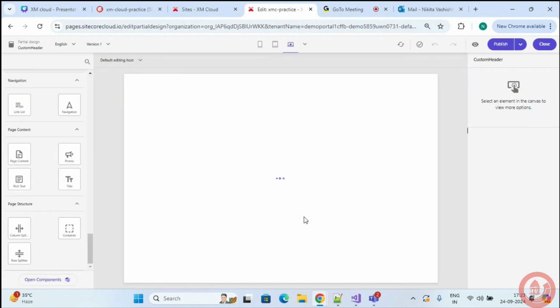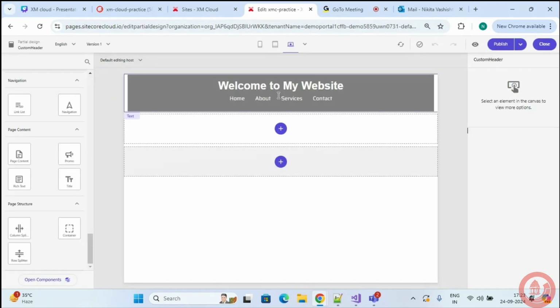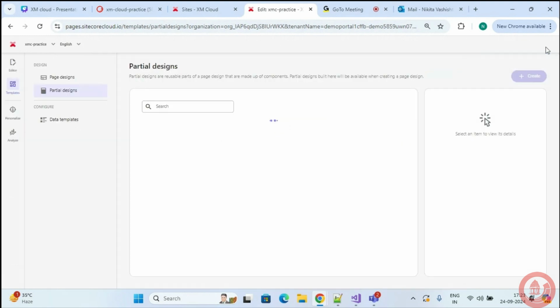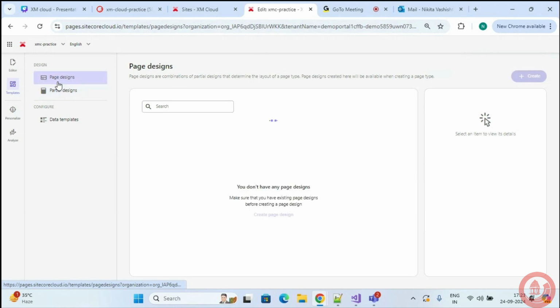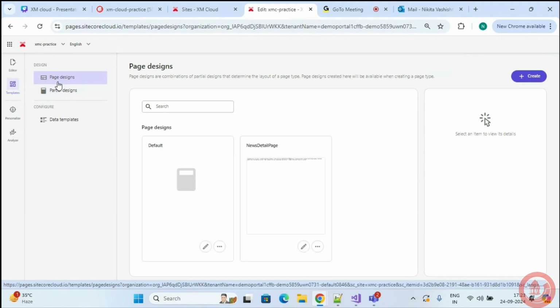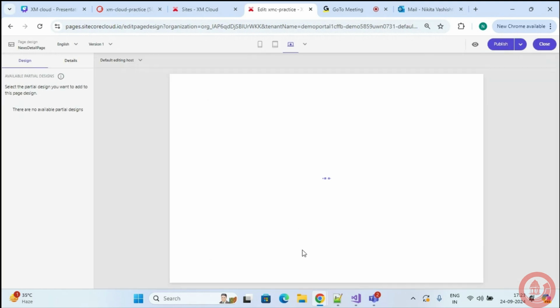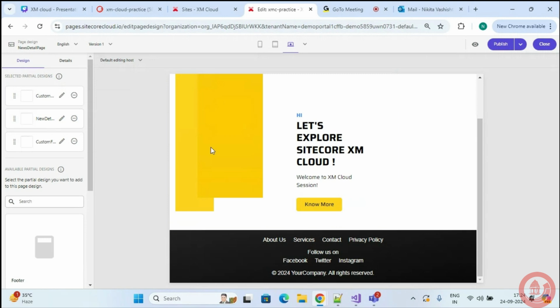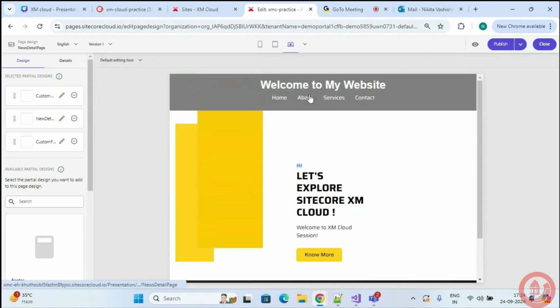Then when you go to your data templates, over here you can set your page design, and you can map your template with a specific page design that you have created. So when I go back to the editor, supposedly if I want to insert a page, I'll click on this button, three dots. There's an option to create a sub page. I'll add a news listing page.